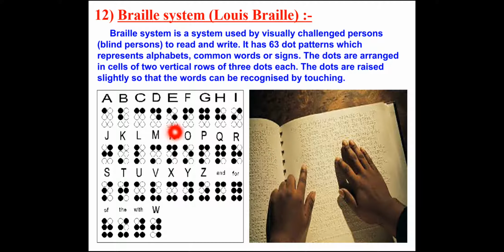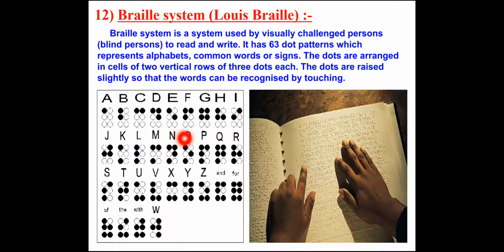In this Braille system there are dot patterns. How many dot patterns are there? If you see, these are the dots. There are 63 dot patterns which represent alphabets. See here, these dots represent A, these dots represent B, these dots represent C. Like this there are 63 dot patterns representing the letters, and these dots are raised slightly